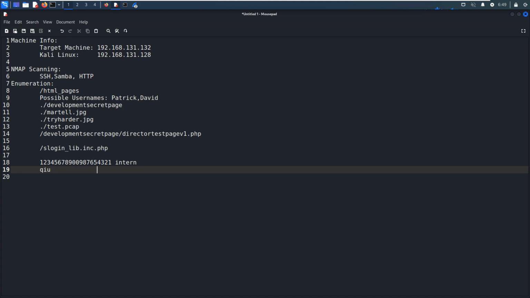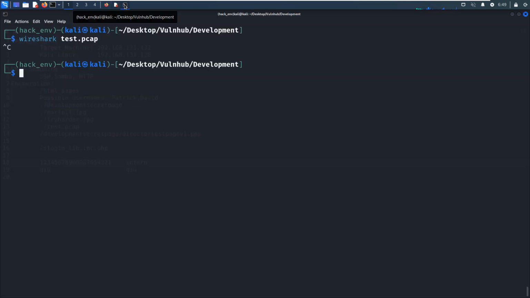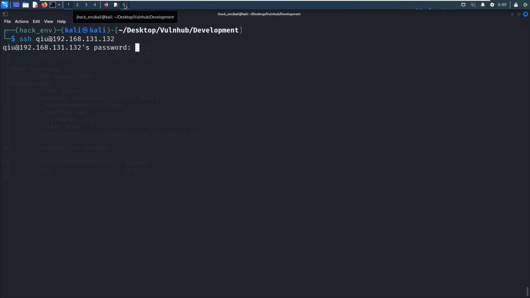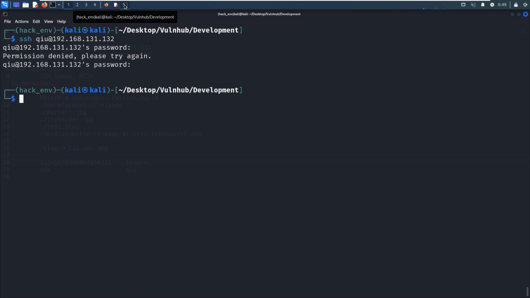So next we can try to use this credential to SSH to the target, right? So how to do it? SSH Q followed by the IP address of the target. But the password is not correct.